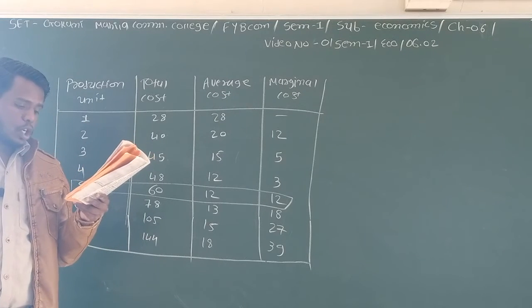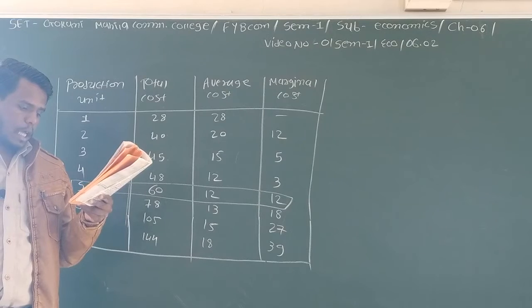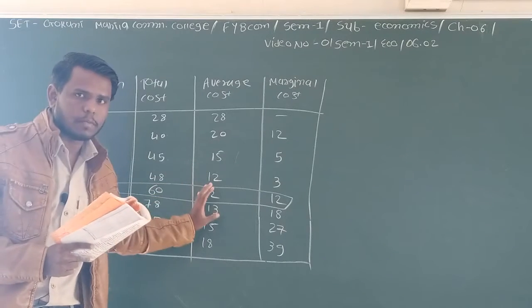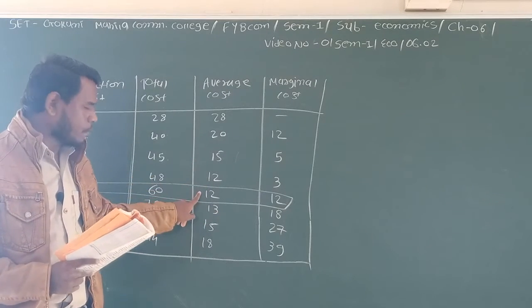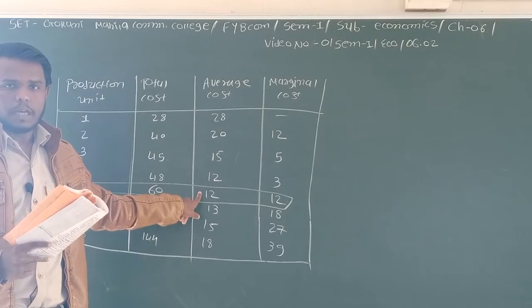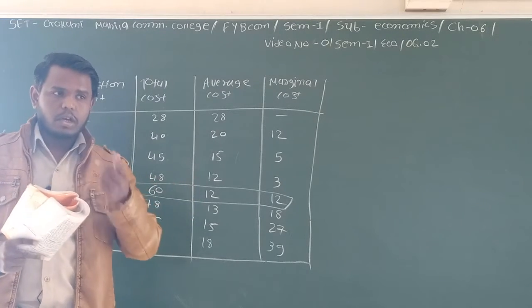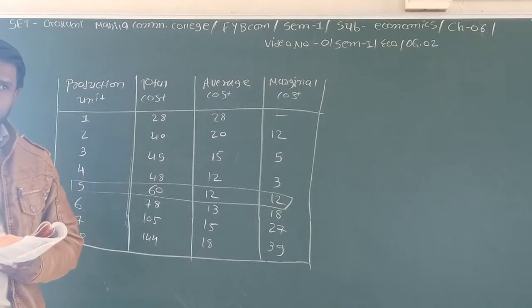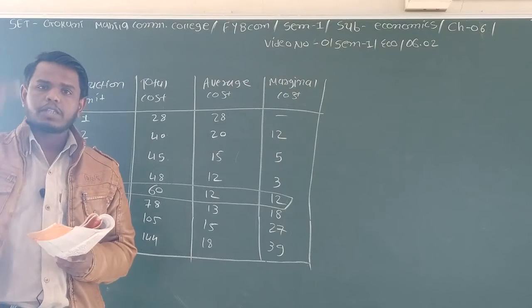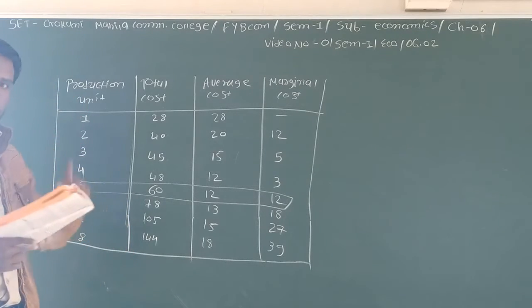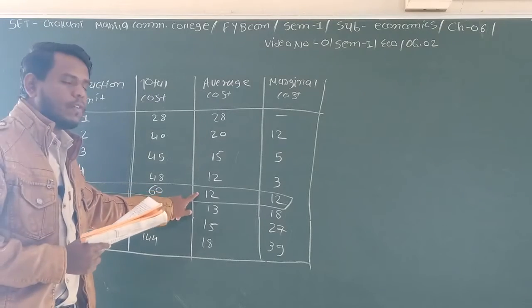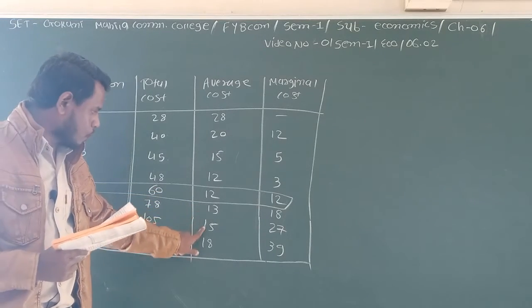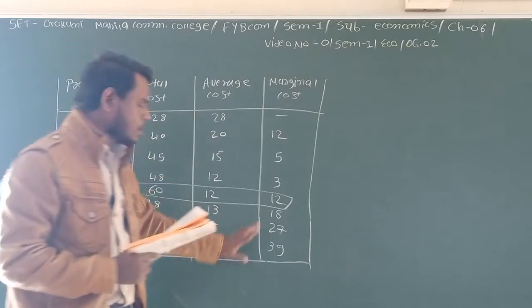When average cost reduces, there is still a remaining stage. After that, when your average cost is 12, on the last stage there comes a stage in which average and marginal cost are both continuously increasing. After 12 it will become 13, 15 and 18, and same for marginal cost.